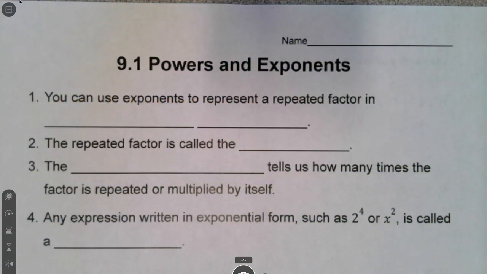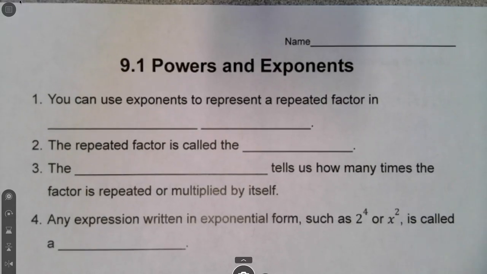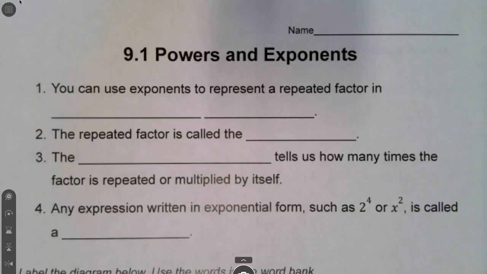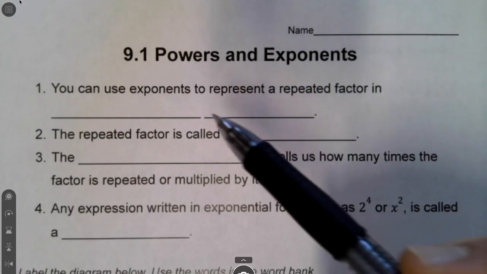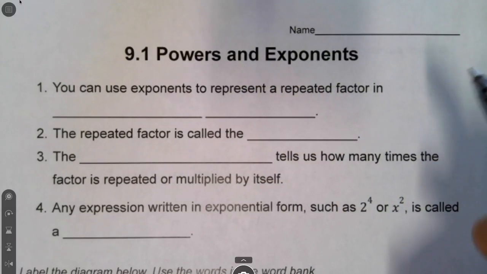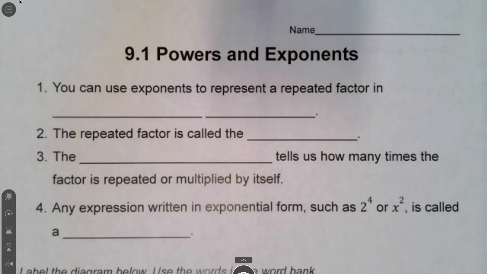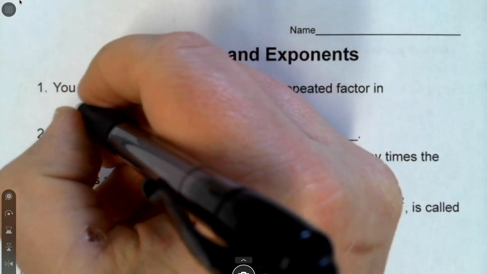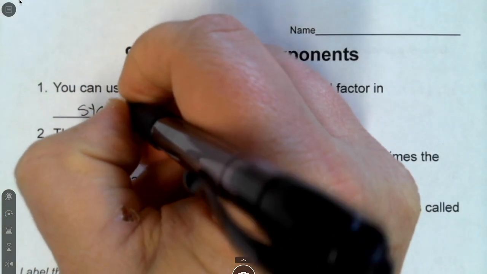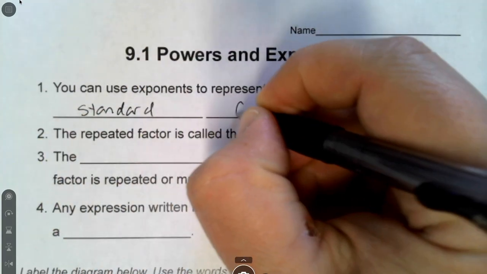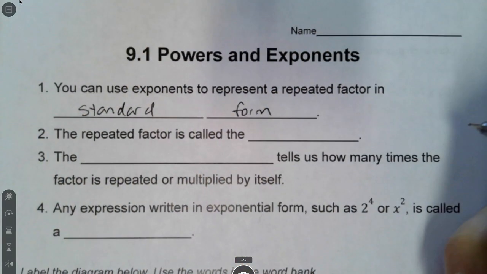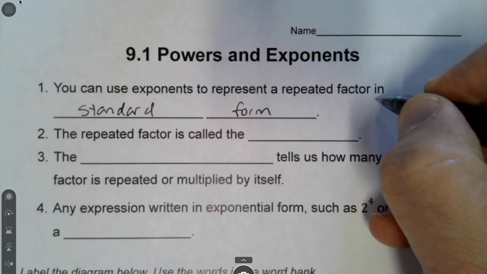Begin chapter 9, talking about powers and exponents. So we're going to talk about writing things in different forms to start with. One thing you can do with exponents is represent a repeated factor in standard form. Now I know that's a lot of math gobbledygook, but what that really means is instead of having to write,